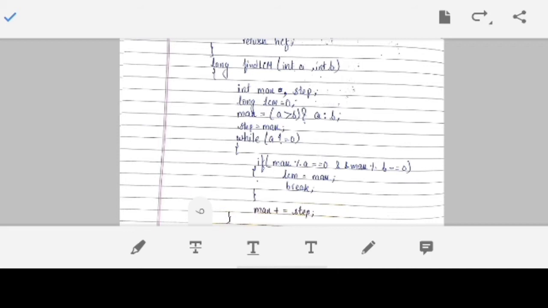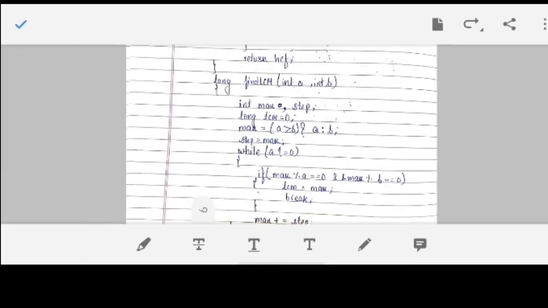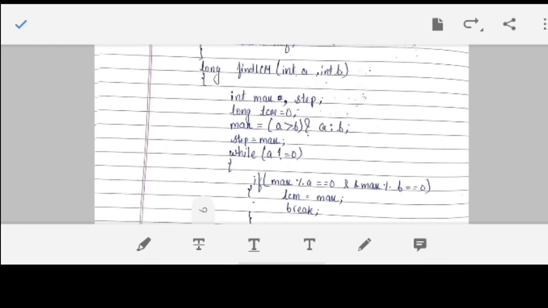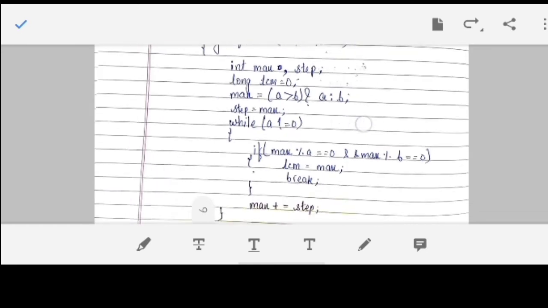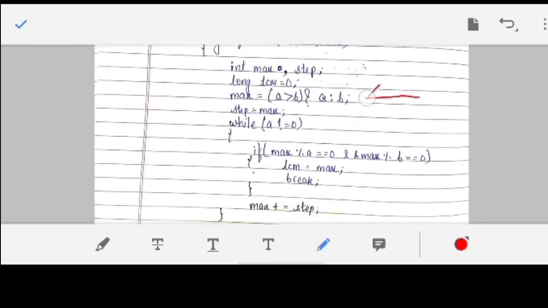Mathematically we know that the LCM of two numbers means the least number which is a multiple of both numbers a and b, and therefore we know that the LCM of two numbers can be either the greater of the two numbers or must be a greater number. So I have taken the greater of the two numbers in a variable max, and then started a while loop here